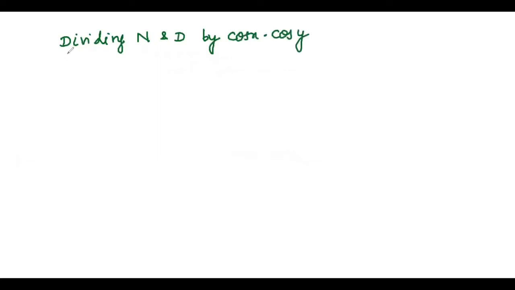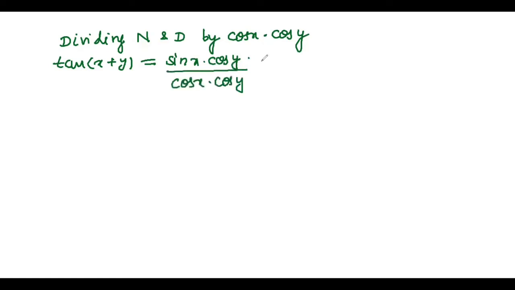So we can write on the right hand side sine of x into cos y by cos x cos y, then plus cos of x into sin y by cos x into cos y, divided by